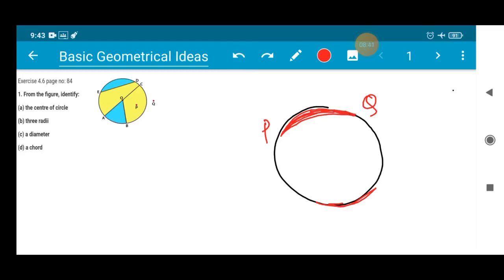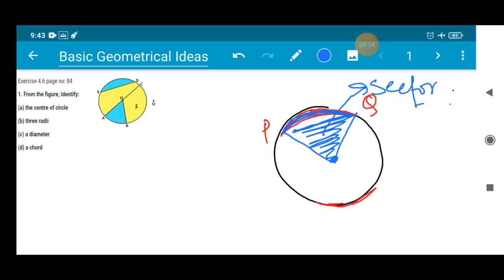Now, a region in the interior of the circle enclosed by an arc on one side and a pair of radii on the other two sides is known as sector. Now, the another term which we are going to discuss is a sector. That means from the center, if there are two radii like this passing through, and this is enclosed by an arc, then this area will be considered as sector, right? Sector.